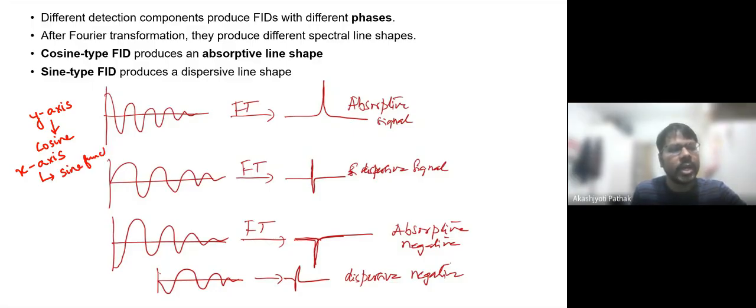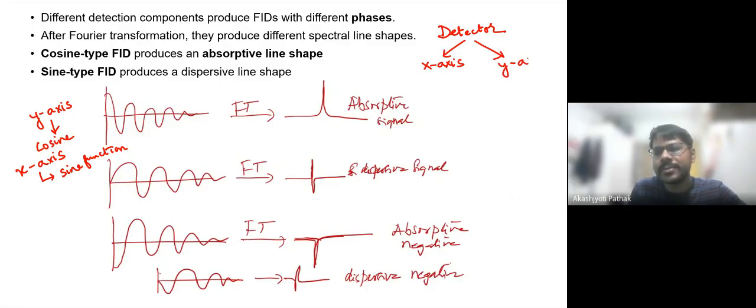And when you Fourier transform a sine function, you get a dispersive signal. When you Fourier transform a cosine function, you get an absorptive signal. Okay, so your detector can be placed in the x-axis or it can be placed in the y-axis. So if you are placing your detector in the y-axis, then what signal